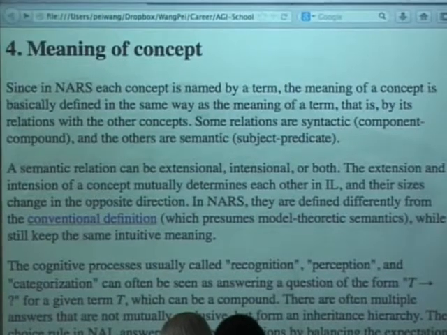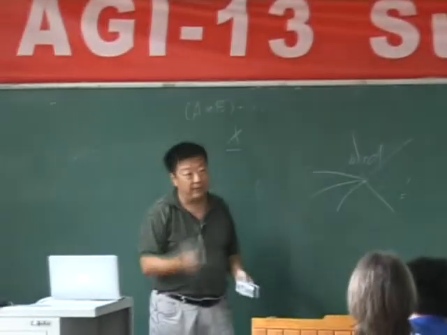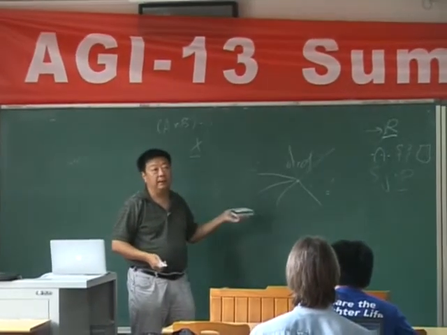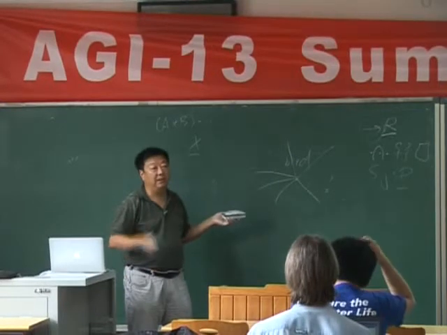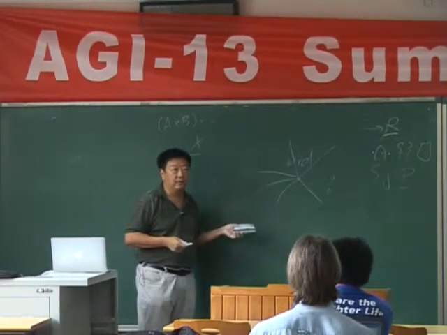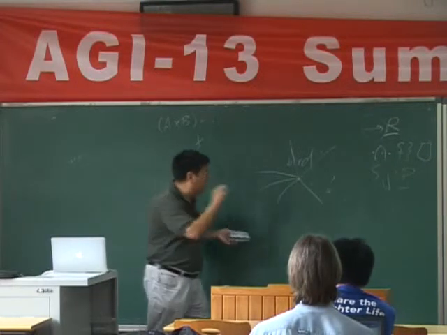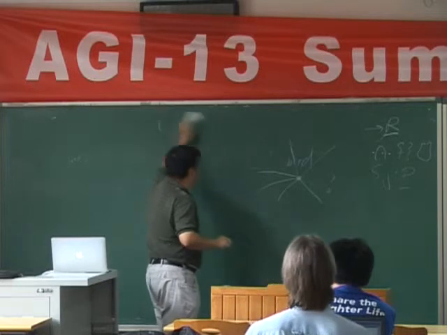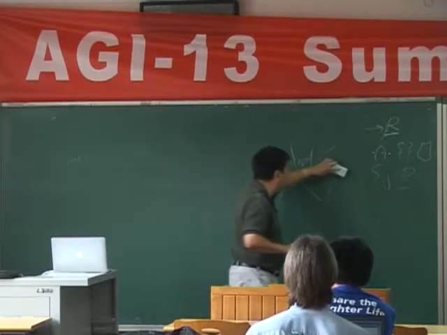The system's experience, right? Some of them are given, some of them are derived from the given. Okay? Even this idea is not really new. Many people have mentioned something like this. Okay? But for this kind of way to capture meaning, there are always